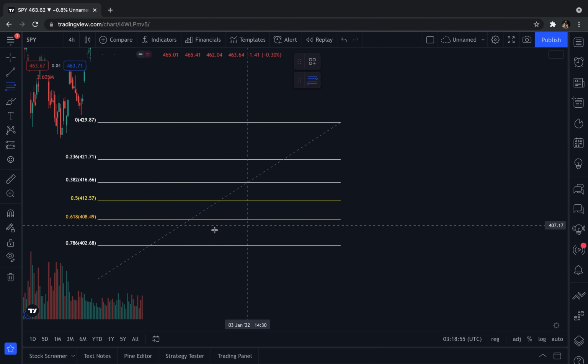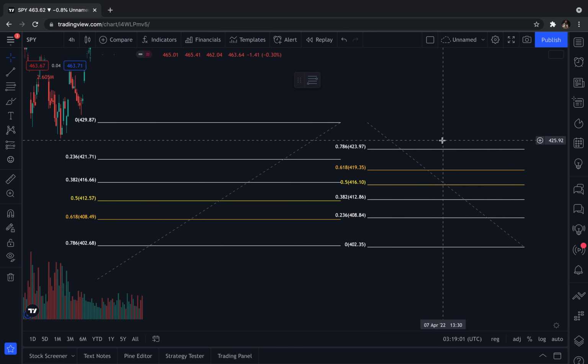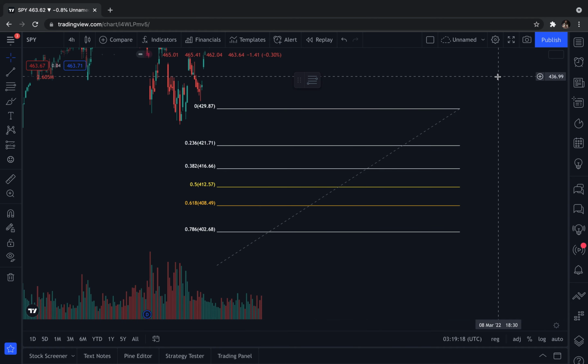Because from right here, if we go from the bottom to the top, then we're looking for support. If we go from the top to bottom, then we're looking for resistances, right? See how it's the opposite? 0 is down here, but 0 is up here, right? So if you go from swing low to swing high, you're looking for support, and if you go from swing high to swing low, then you're looking for resistance, right? Anyways,